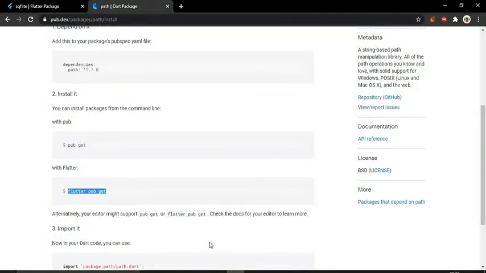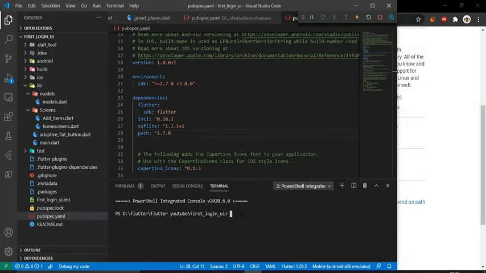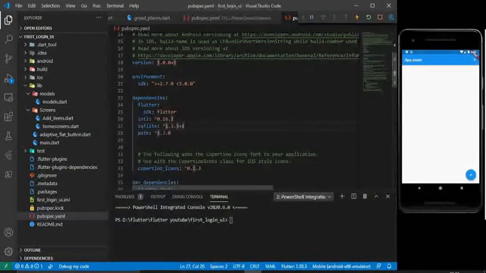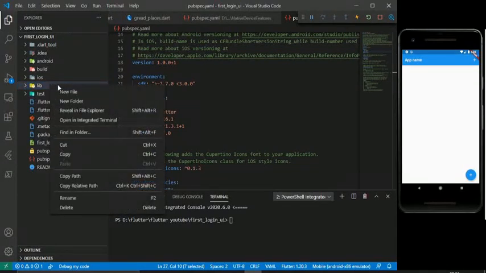Copy this command and paste it in your terminal and press enter. Okay, then we run the command. Okay, it is added to our application. Now we want to create an SQFLite table. That's why I'm creating a new